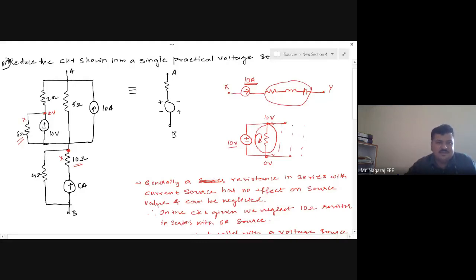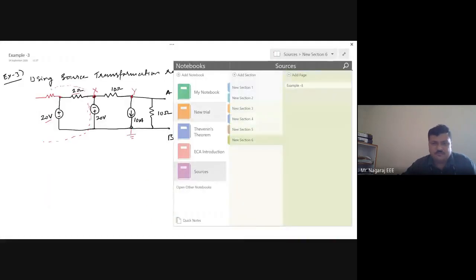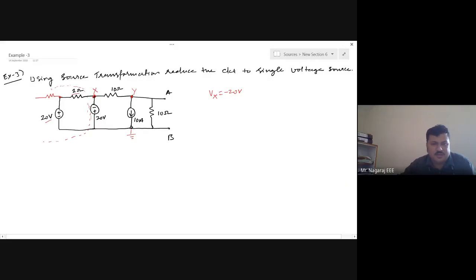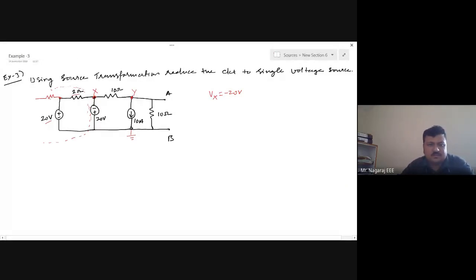Okay. So here, this node is directly connected to this common node through this 10 volts. So whatever happens in this 6 ohm branch has nothing to do with this node voltage. It is the same 10 volts only, because it is connected to an independent source. So therefore I have neglected the 6 ohm. Now coming to this example, this resistor is not there.